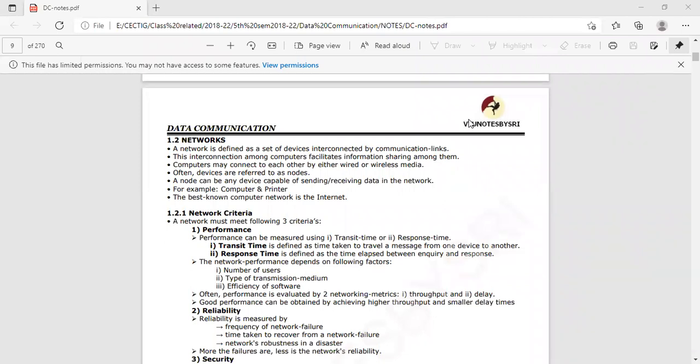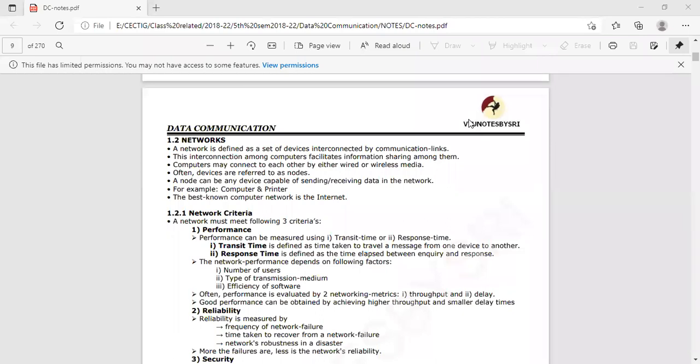This performance actually has two components. One is the transit time, and the second one is the response time. Transit time and response time. So what is the definition of transit time? Transit means transition, transferring something, and how much time it is taking. Transit time is defined as how much time it takes to travel a message from one